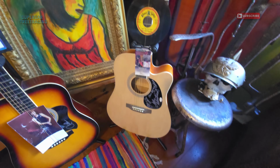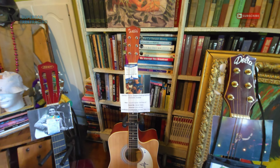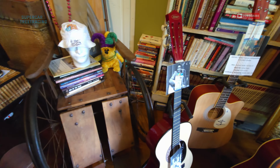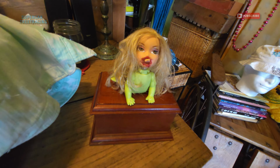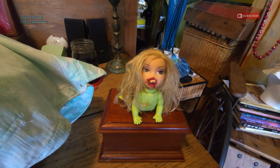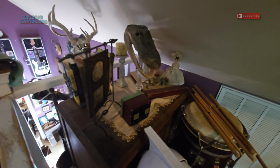This is Lovin' Spoonful's signed guitar here. This one is Reba, James Taylor here, and then next to my mess over here, because we have taken over the upstairs. We love this thing. It's like a frog body with a doll head with a foot in the mouth. It's so cool. Over here, Star Wars memorabilia, drums over here, an alligator head, some cool books and dolls,